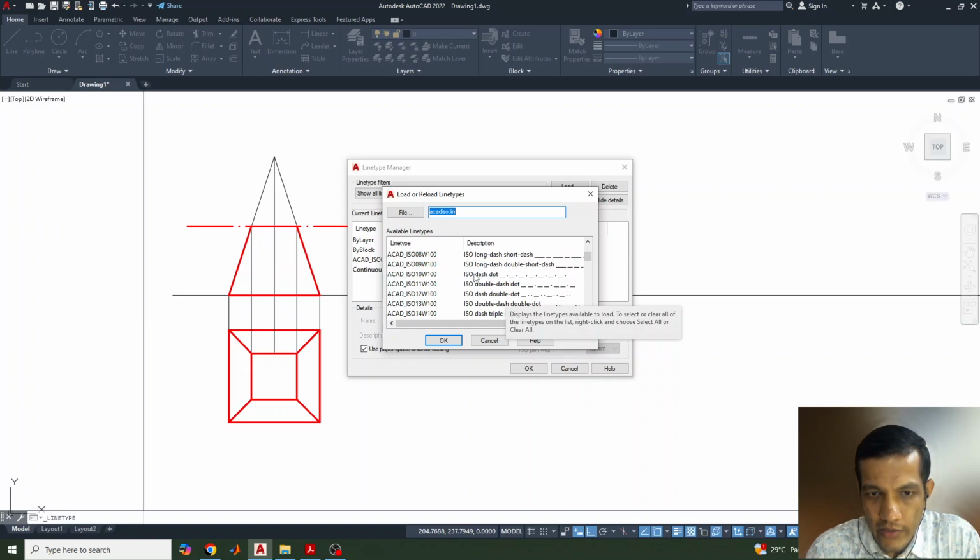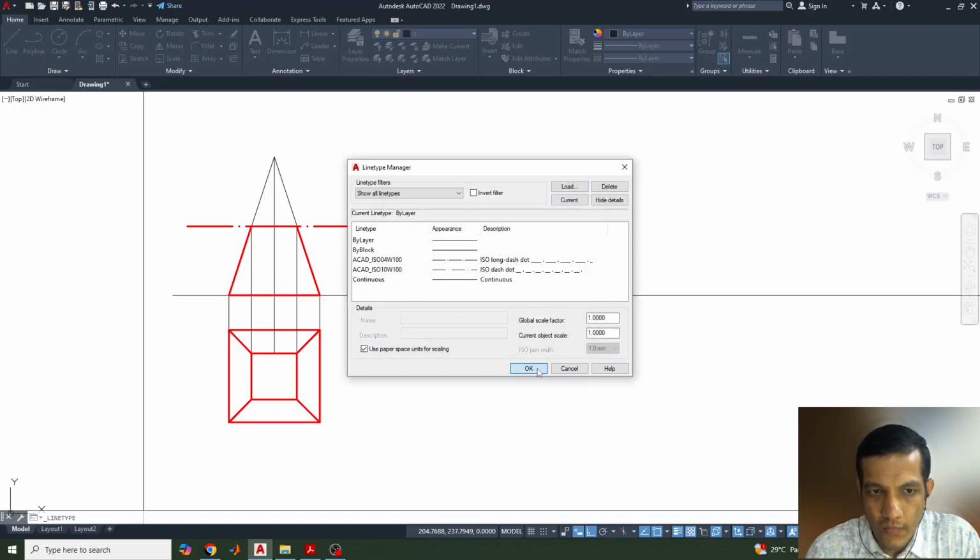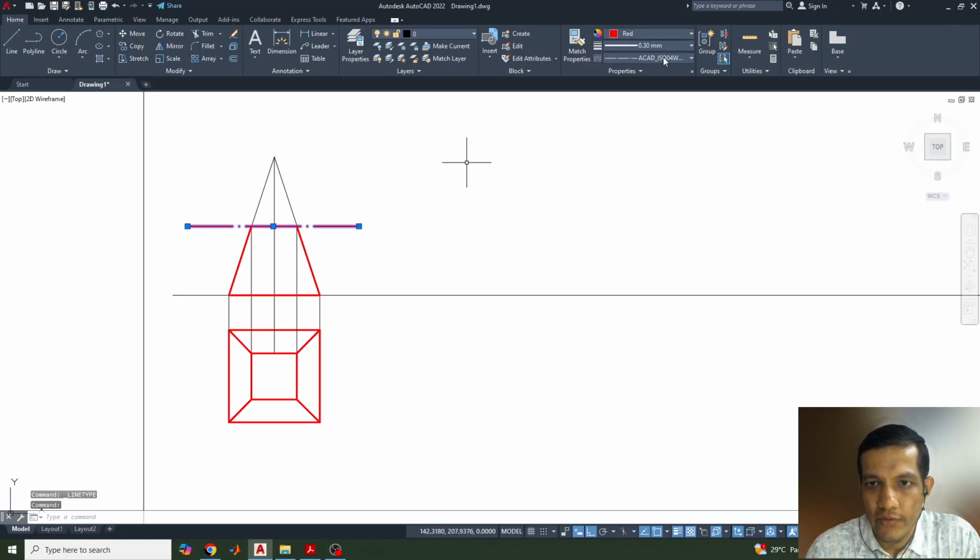Yeah, ISO dash-dot line we can select. Otherwise let's change it, this one ISO dot line. Okay, let this one be, because inside it should be thin, outside it should be thick. Actually we can change it to double, we need to do that. Okay, anyway, the sectional view we need to draw on the top side, so I'll go for the hatching